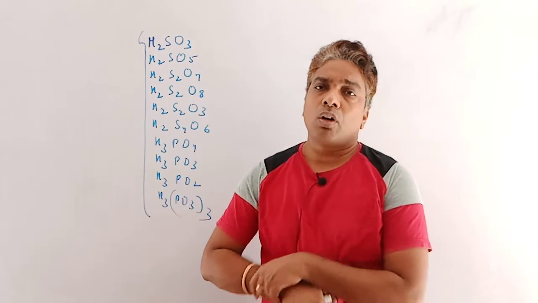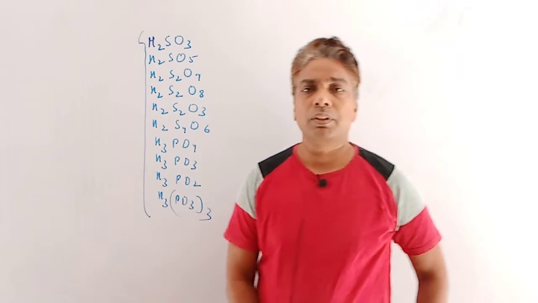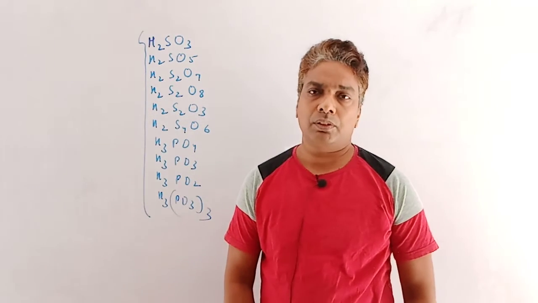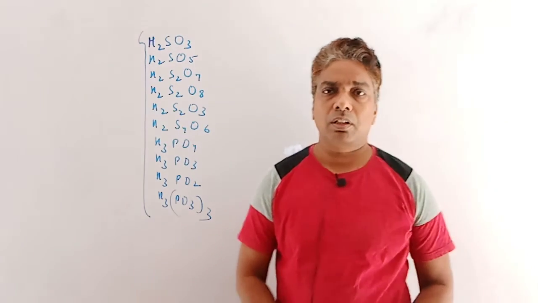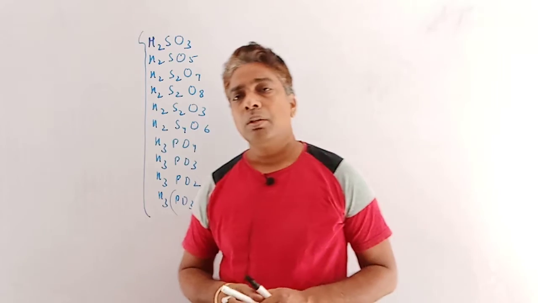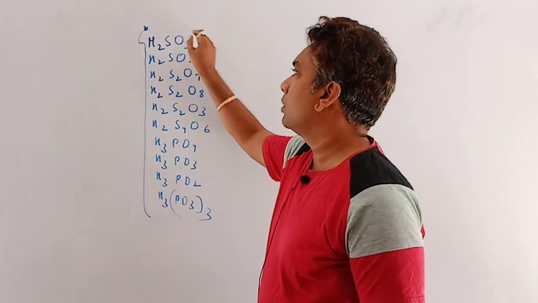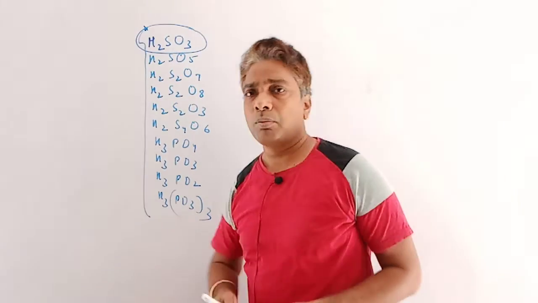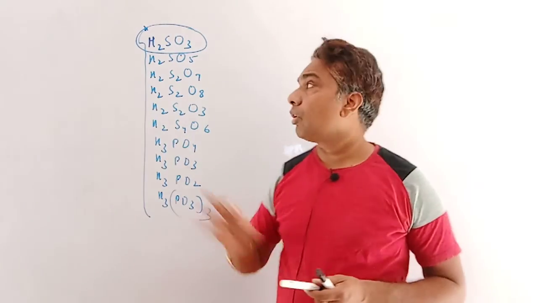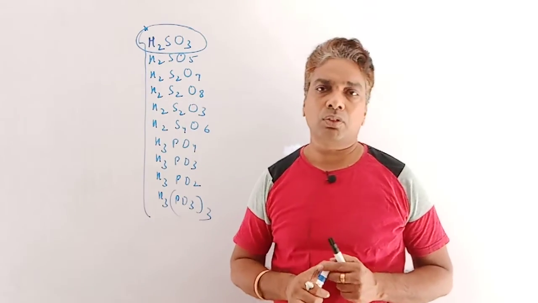in case of hydroxy acids of phosphorus and sulfur, the geometry with respect to the central atom is always tetrahedral. So with respect to the central atom, we have 4 bond pairs, either in hydroxy acids of sulfur or hydroxy acids of phosphorus. But one is an exception, which is the first one. Only in case of H2SO3, the molecule is pyramidal due to the presence of one lone pair on sulfur. Except this molecule, all these molecules have tetrahedral geometry with respect to sulfur, phosphorus, or the central atom.